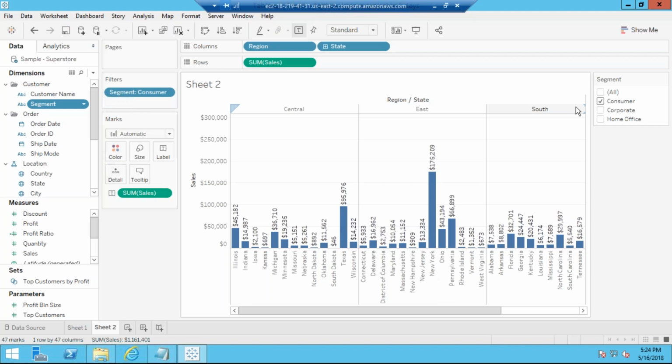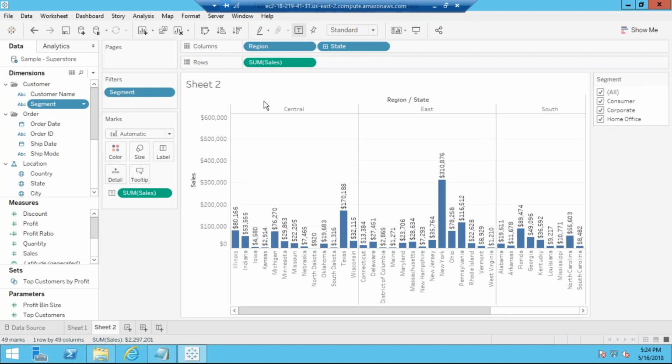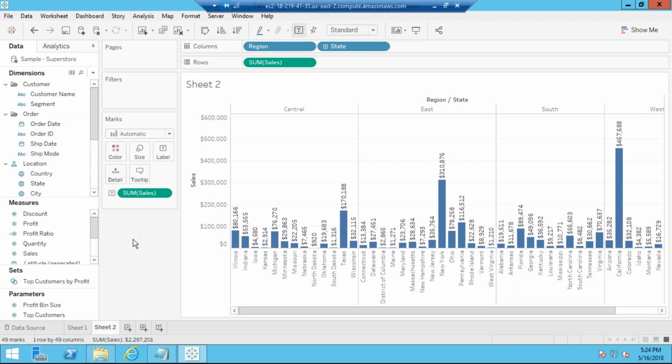Let's say I want to see on the view itself a pages view. So what is going to happen? I'm not going to apply filters here. This complete view will be based on each segment. So I'll drag this from here. If you want to remove this, just drag it from here into this empty space, and that will be removed. So what I want to see is segment under pages.